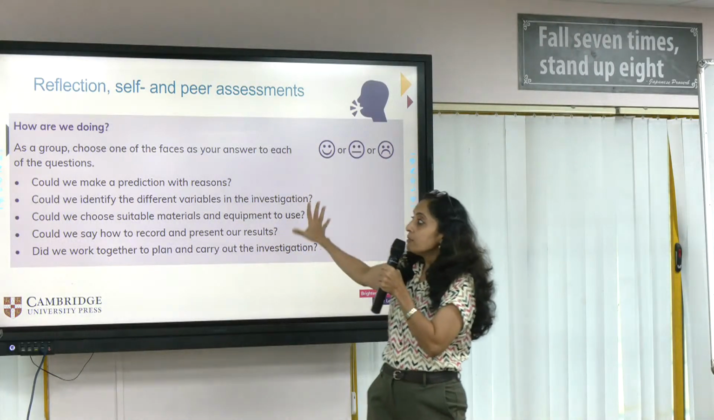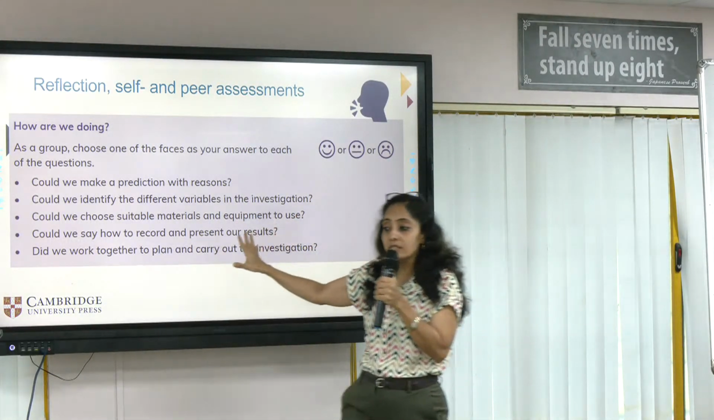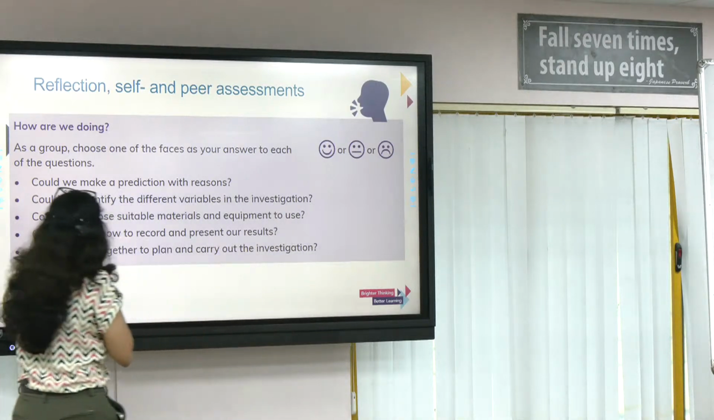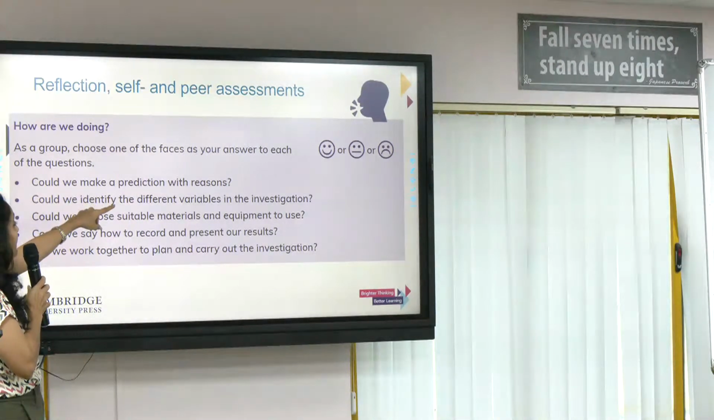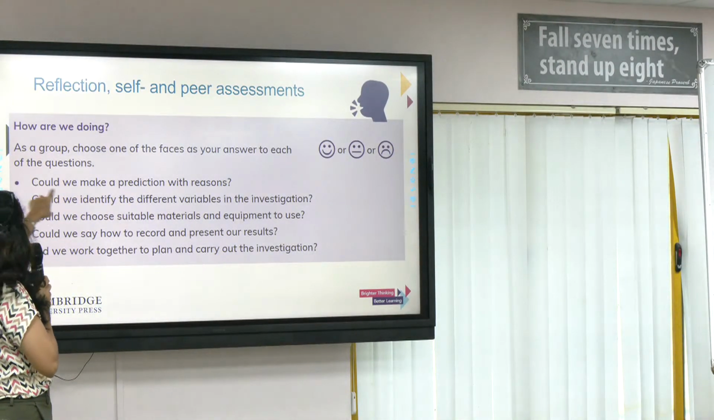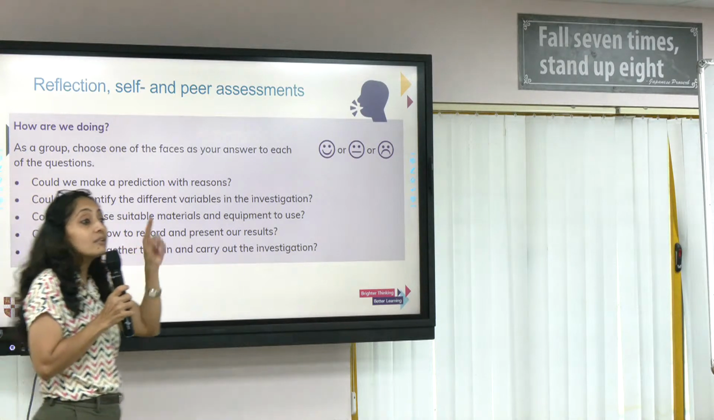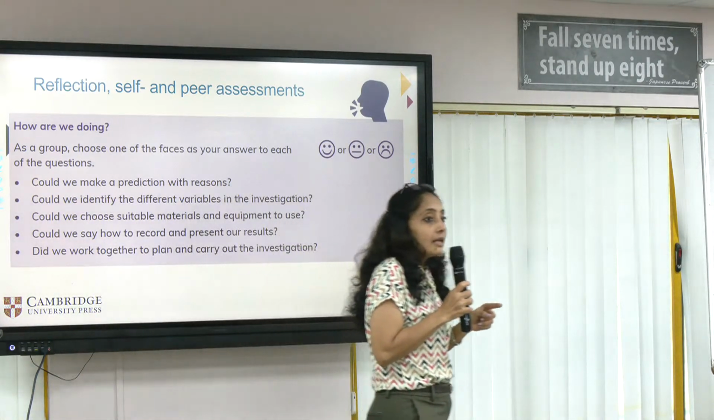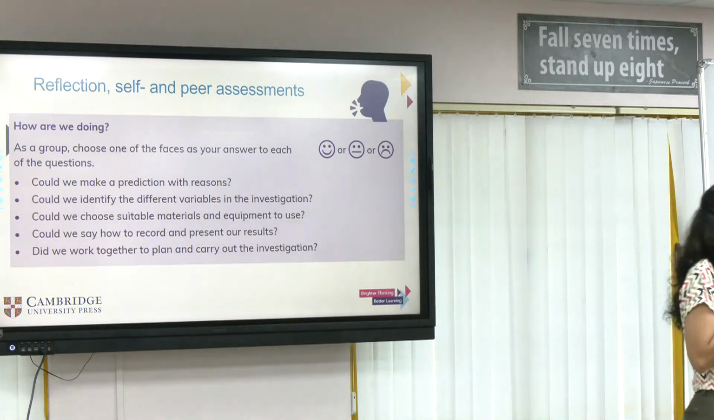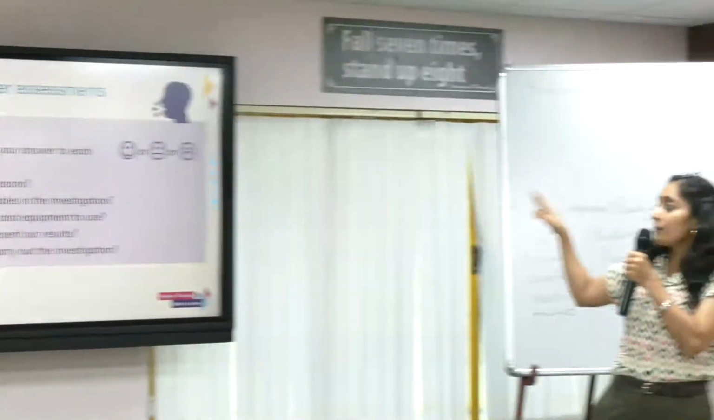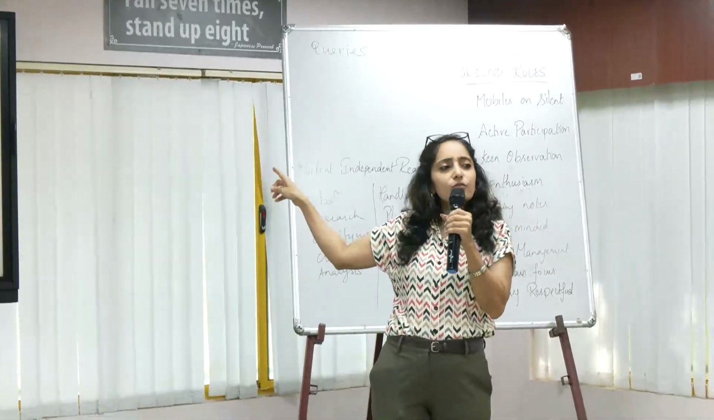Okay, so how are we doing? See, these are strategies here. This is there in your learner's book. As a group, choose one of the faces as your answer to each of the questions. Now, as a group, it is there. What do you think it will make a difference? Why are we doing this as a group? And they just have to draw a smiley